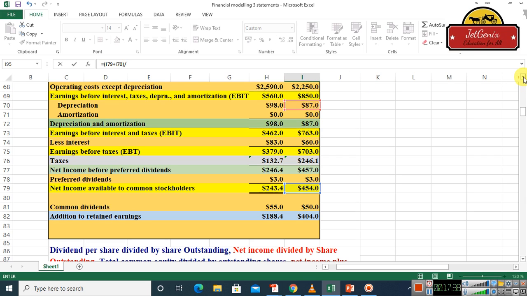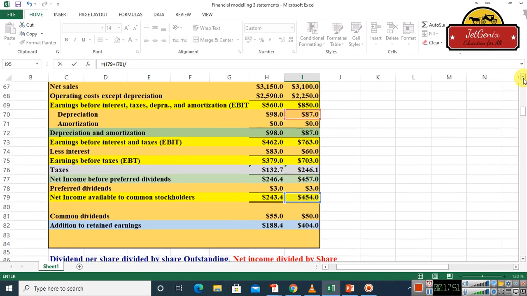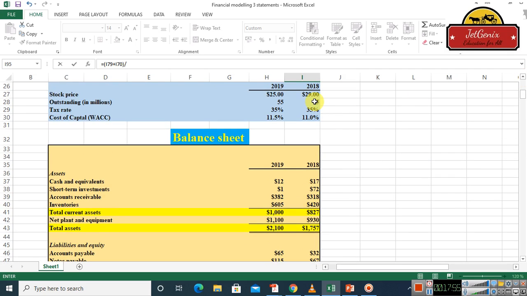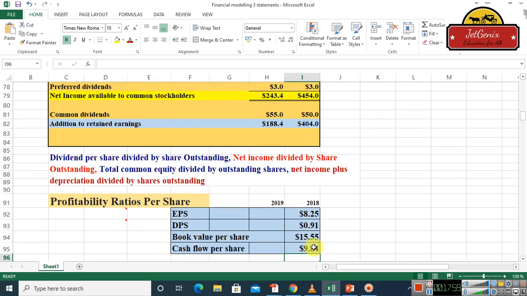You can see here that I am summing up the net income and depreciation, and I will divide this whole amount by the outstanding shares. The outstanding shares are somewhere here, 55 million. Okay, and now I'm going to press enter. So the cash flow per share is 9.84,